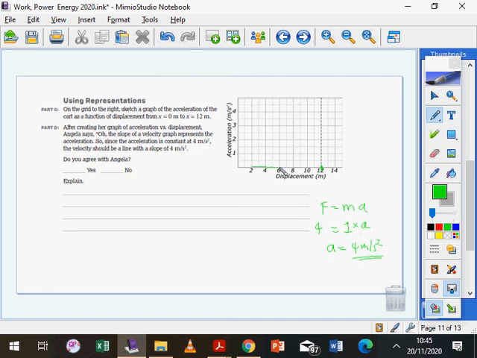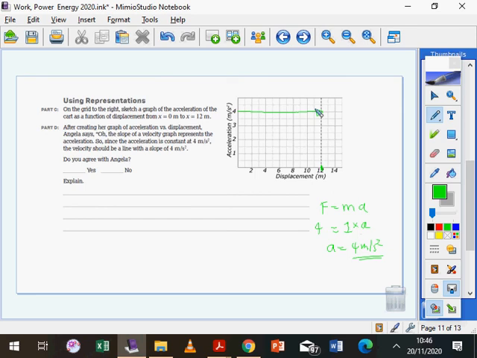So my graph is going to be an acceleration of 4 meters per second squared, which is constant for the first 12 meters. This is a straight line. That's my acceleration graph. All right, after creating a graph of acceleration versus displacement, Angela says, oh, the slope of